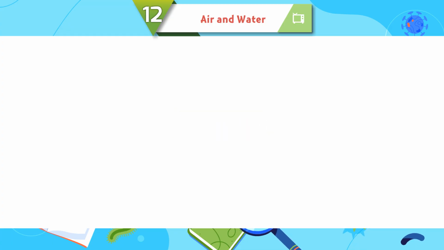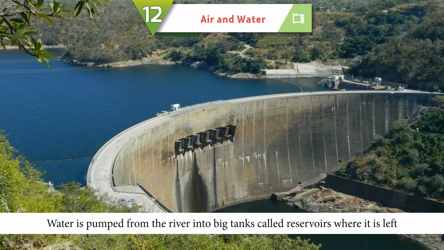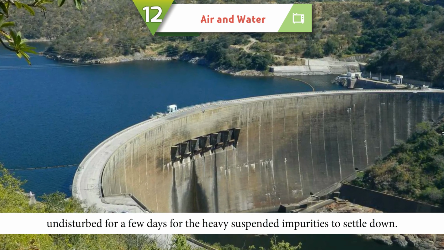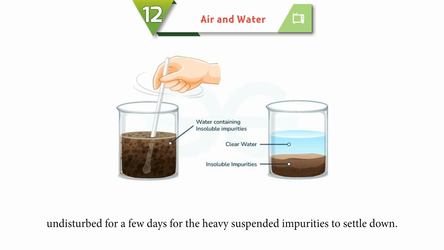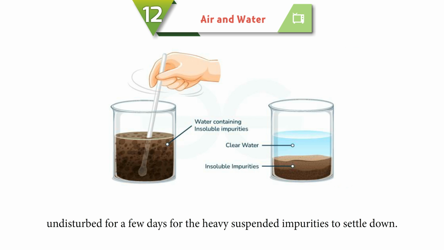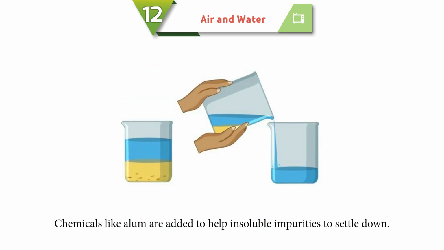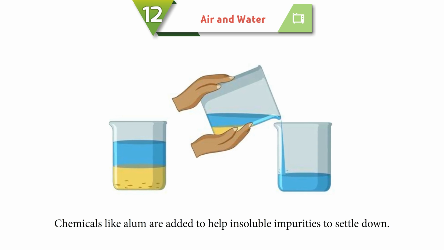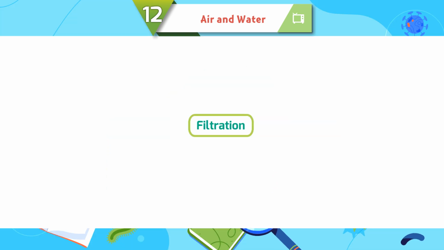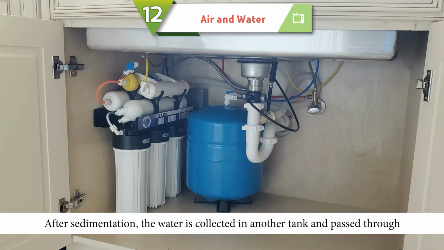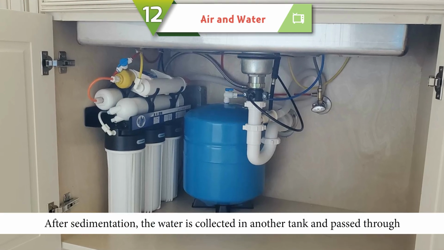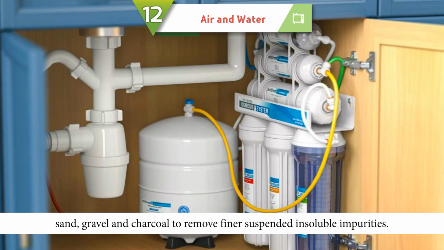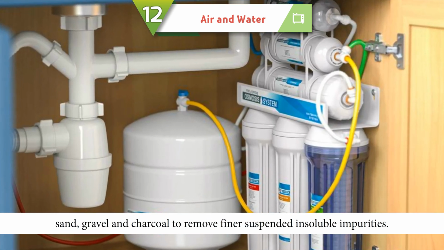Sedimentation. Water is pumped from the river into big tanks called reservoirs, where it is left undisturbed for a few days for the heavy suspended impurities to settle down. Chemicals like alum are added to help insoluble impurities to settle down. Filtration. After sedimentation, the water is collected in another tank and passed through sand, gravel, and charcoal to remove finer